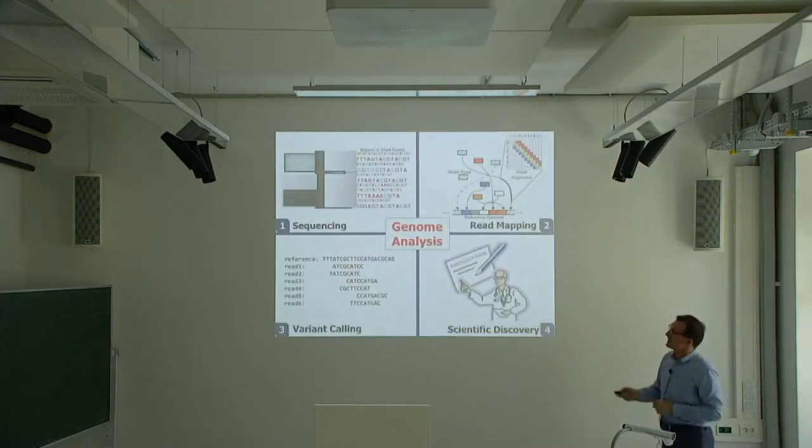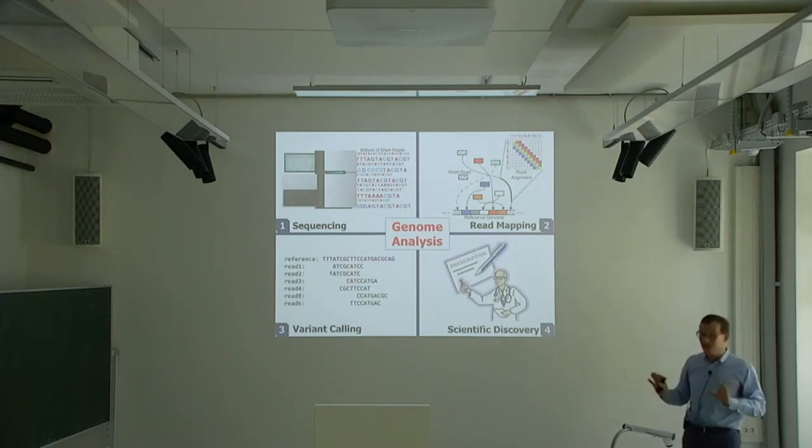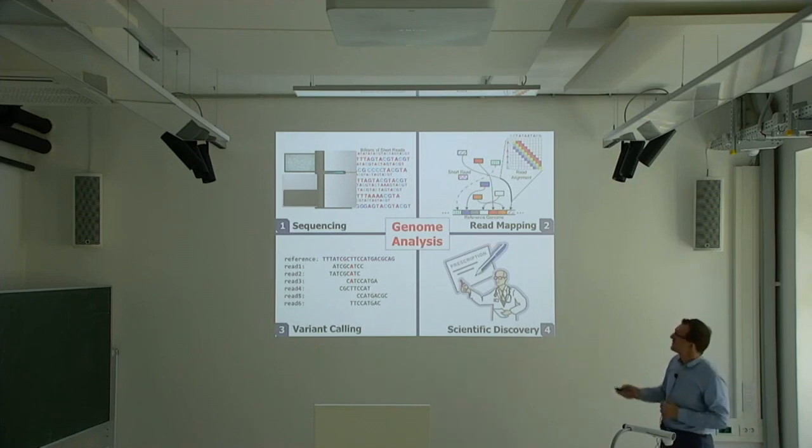Okay, so basically the point is we know how to build these sequencing machines really well today. They're not ideal, but they're very fast. They're very high throughput. But we don't know how to analyze the data really well. Basically, at this point, you have a computational puzzle. You need to reconstruct the genome somehow by mapping it to a reference genome, for example. And that is actually the bottleneck today.